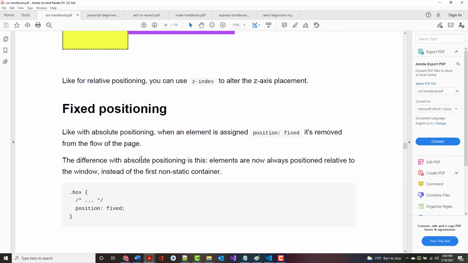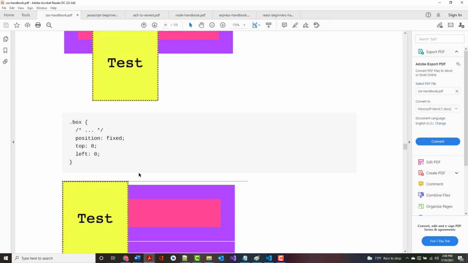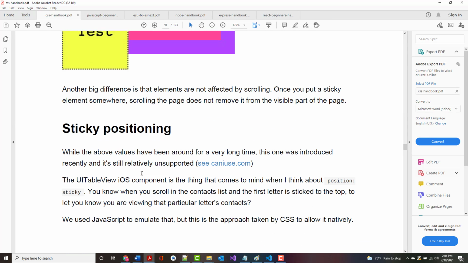And there's fixed. It says like absolute. When it's fixed, it's removed from the flow of the page. The difference, as mentioned there, with absolute positioning is this: elements are now always displayed relative to the window rather than the first non-static container. All right. Now, I don't expect much of that to make sense, but again, in class, we will go over